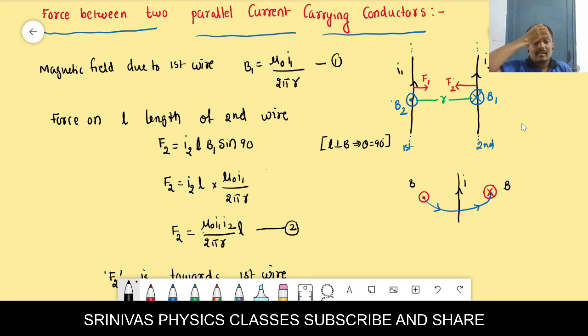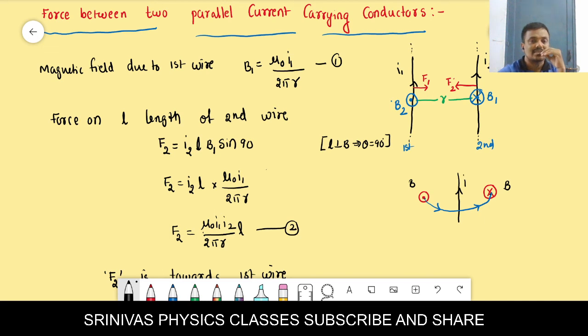If the magnitude of current is the same, the field generated by both of them is the same, and the force on both of them is the same. But the force never becomes zero. If force becomes zero, then it will come to rest. But force will never be zero in any situation. In these cases, when two parallel current wires are there, the force never becomes zero.